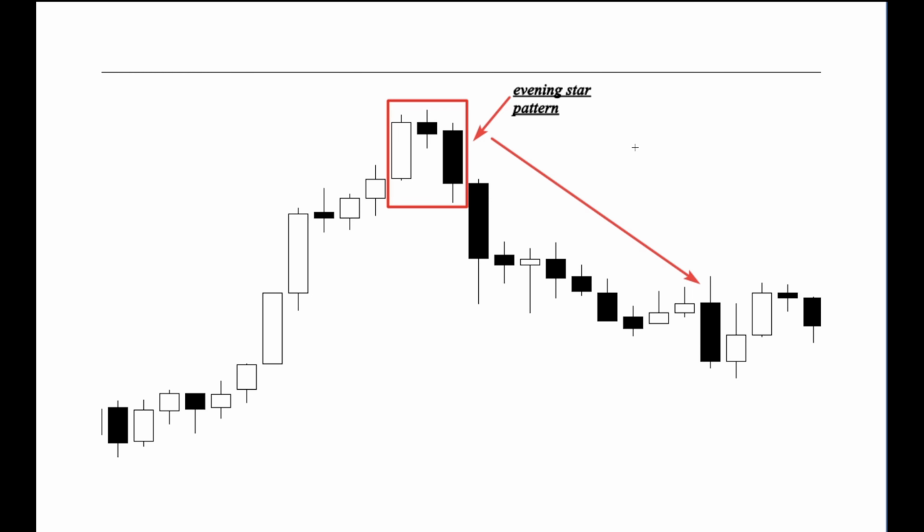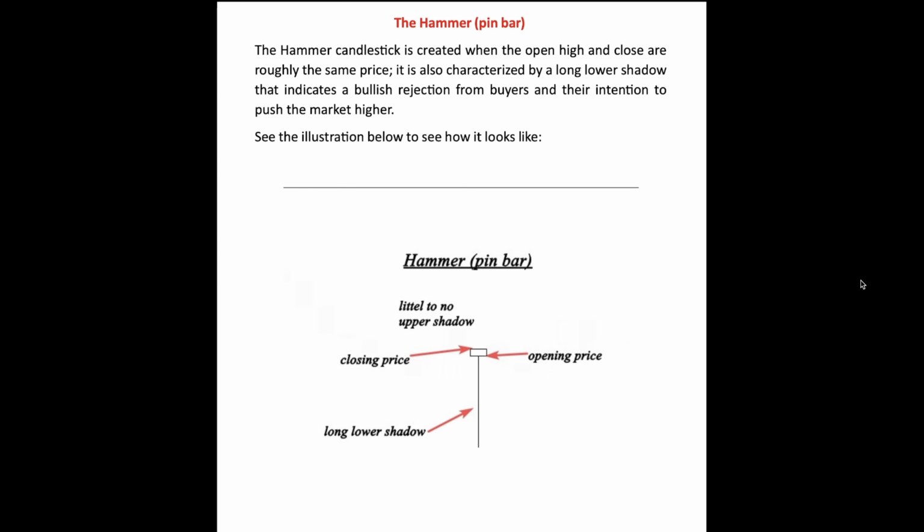Now I might think, okay, the buyers may not be in control anymore, and in the lower time frames I may look and sell options. So this was the evening star pattern. Let's keep moving. Okay guys, let's take a break because I would like to tell you something before telling you